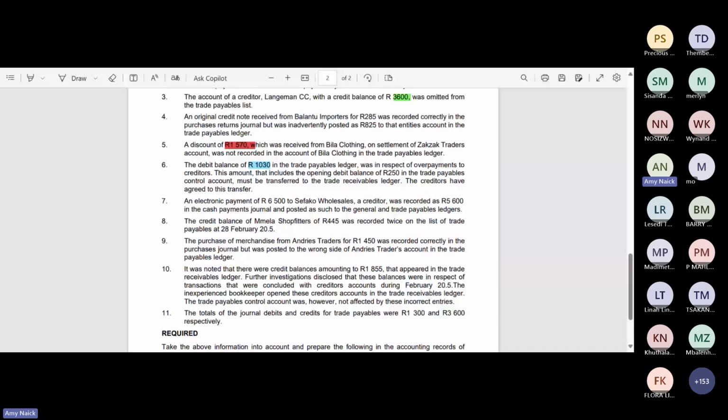The only adjustment we need to make is to the payables listing. They're saying that he had a credit balance. That effectively means we owe him money and we didn't include it in the trade payables list. So we need to raise that credit balance in the list. You need to include that 3,600 Rand in the list. If we go back to the solution,